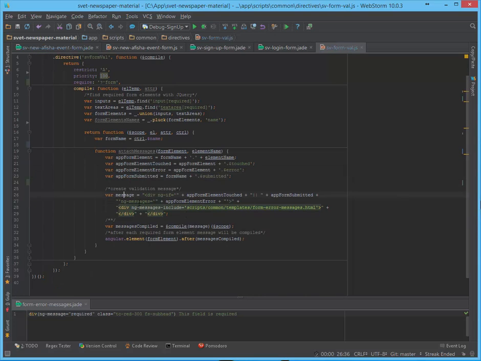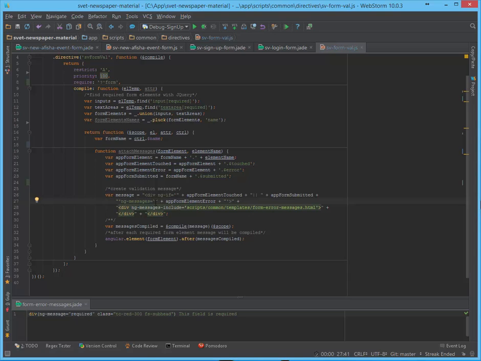And then we create the message. Of course, we can omit this and create everything inline, but then you will have a hard time managing it, especially in the future or if you need to change something. So I create these properties, and now I have pretty clean code. So I create the message. I tell it that if our form element is touched or the form element is submitted, please create